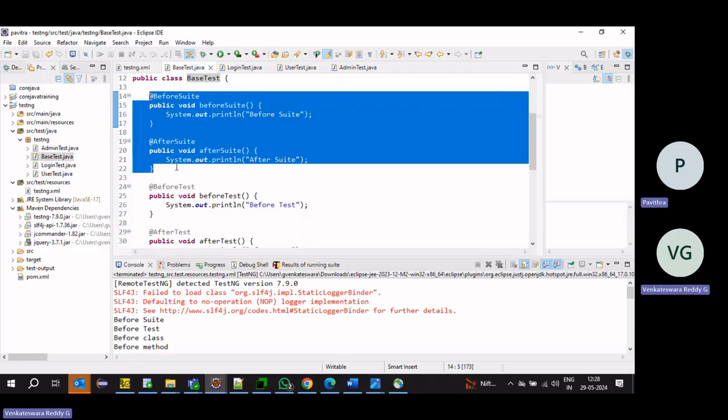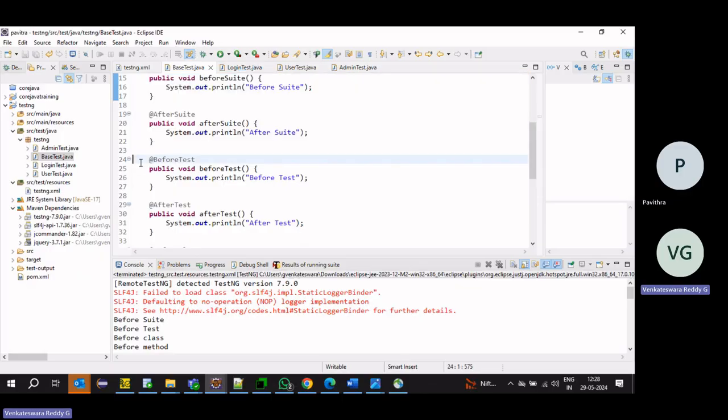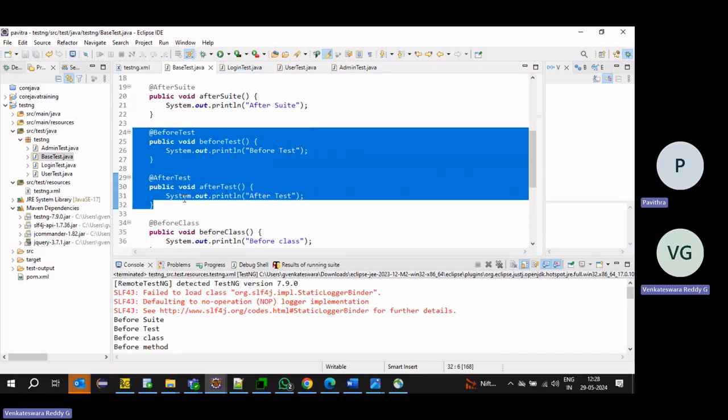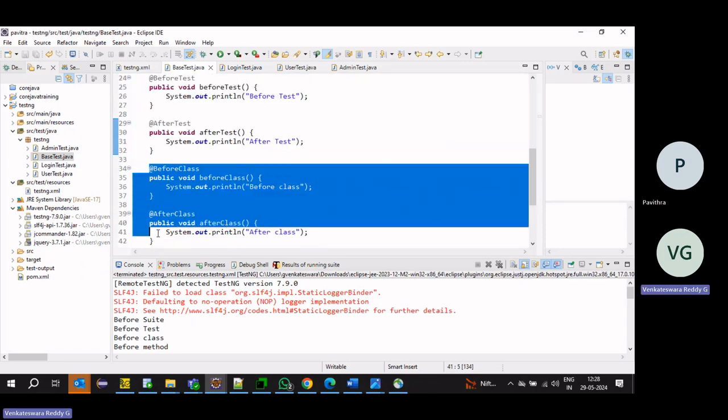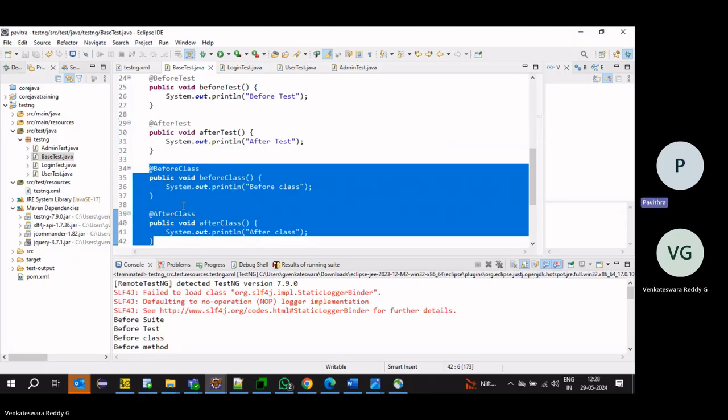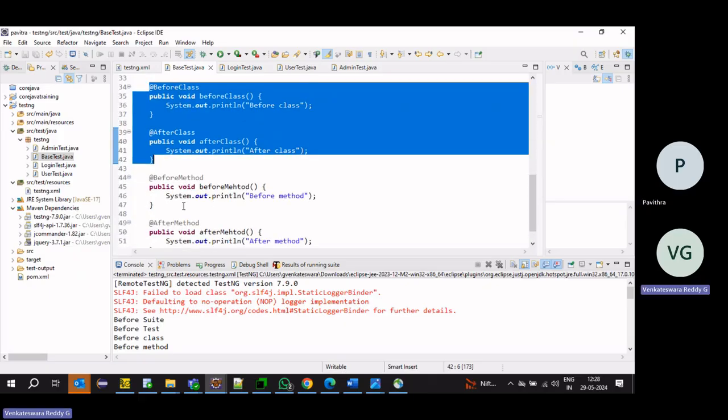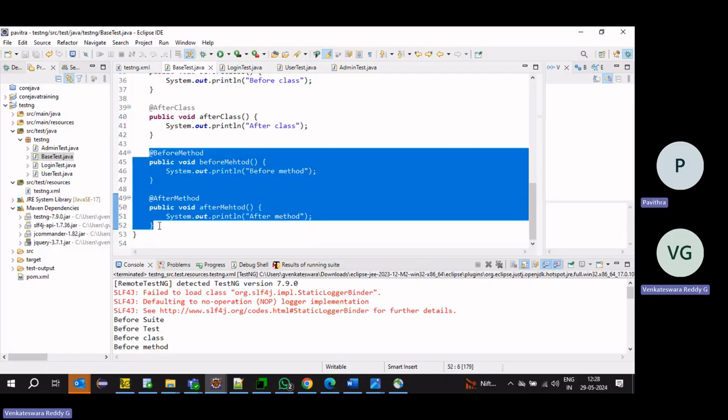Suppose you want to read Excel data only one time, with no need to read it every time; in those cases we keep it under before suite. Then before test and after test: if you want to do something for each module, we can go for before test and after test. Before class and after class for each class. Before method and after method for each test method.